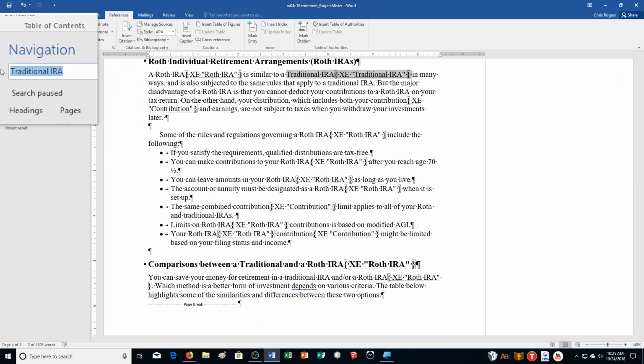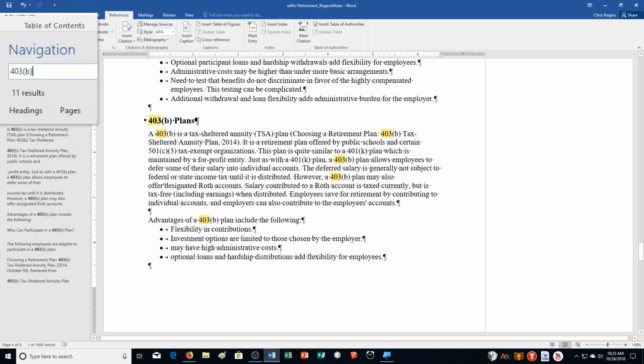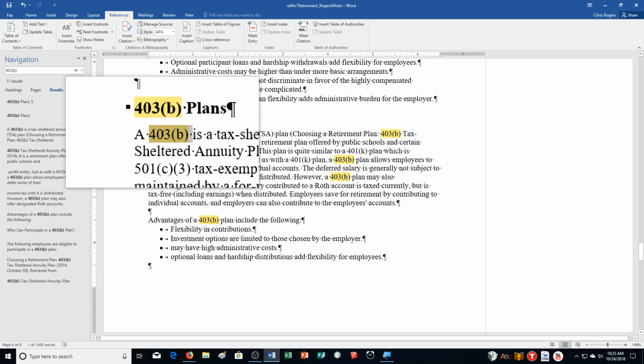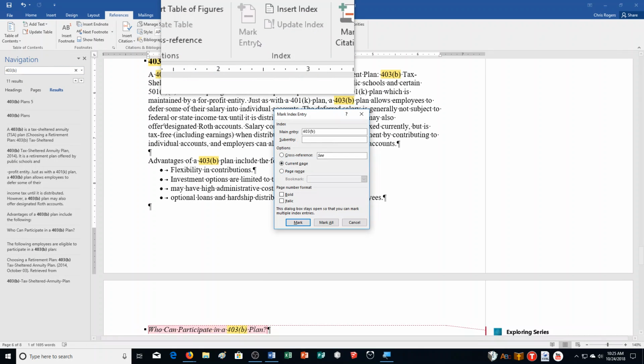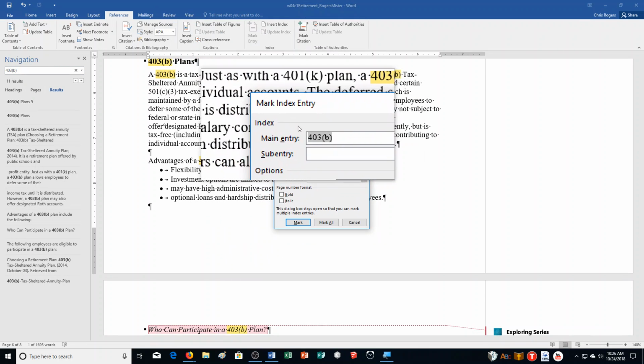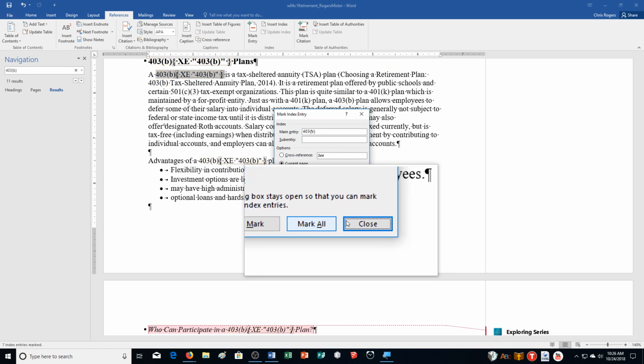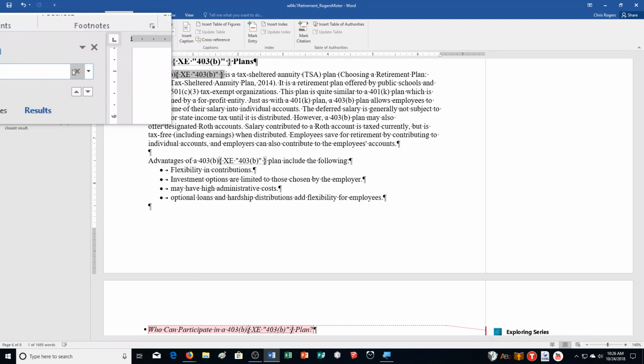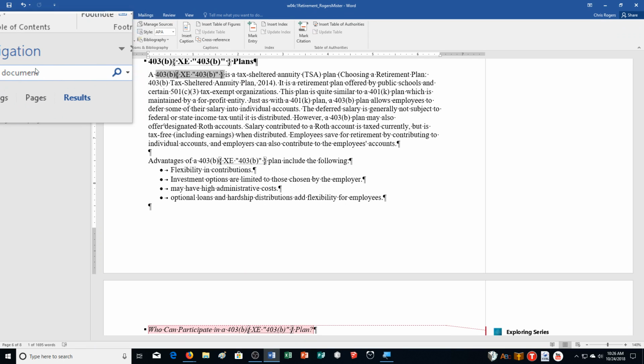So we've done this before. It's a pretty simple process once you get into the habit of doing it. So right here, 403(b), Mark Entry. We're clicking Mark All. What a surprise. And then we click Close. Each time you're going to have coding appear, and that's fine. Okay, and then we've got one more to add in here,